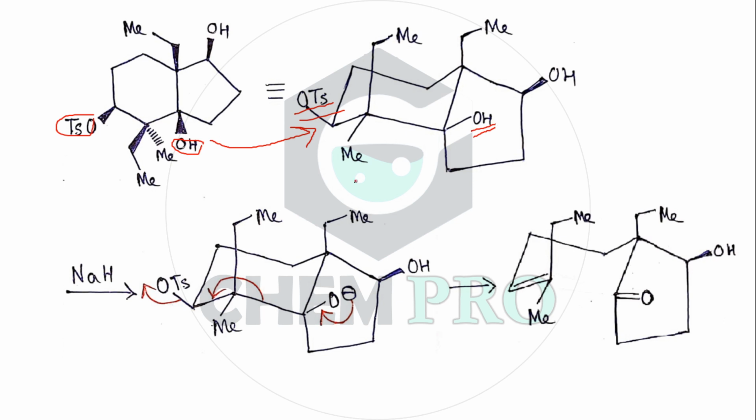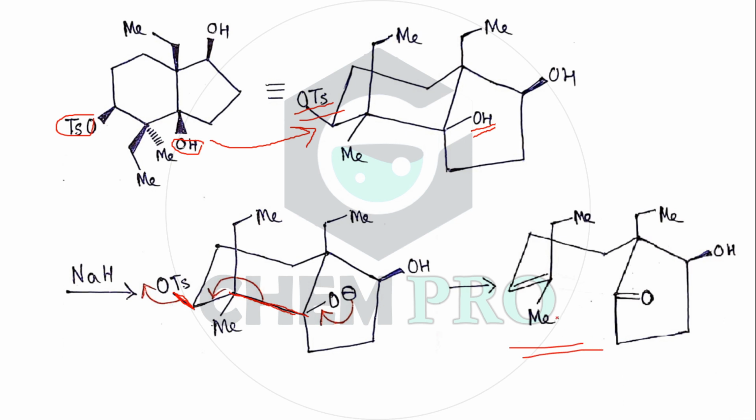So if the NaOH takes up the proton, then the OH will convert into O negative, and after the simultaneous process, the C-C bond and the C-X bond will break, and we can get this product. Okay,